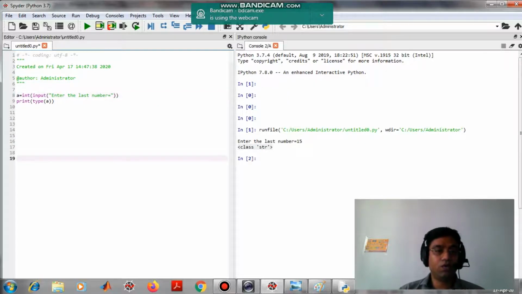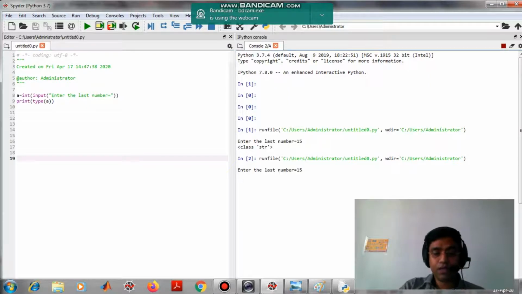Now you check the output. We have given 15 and now the class is int. This is known as typecasting, when you convert one data type to another data type. First it was string, now it is int.